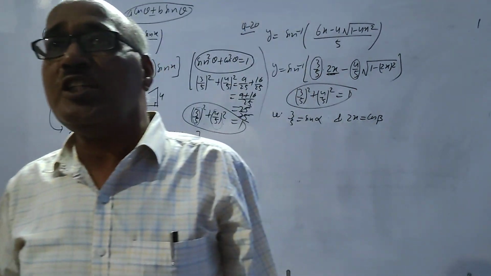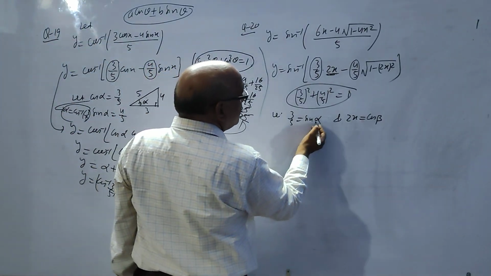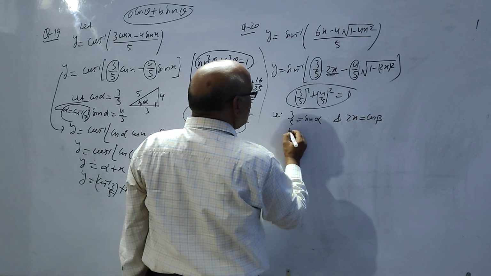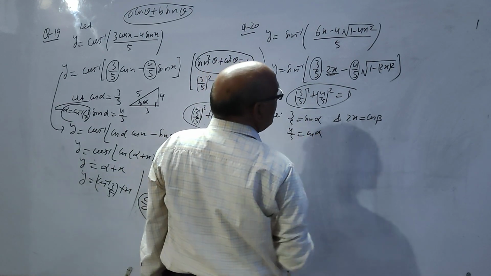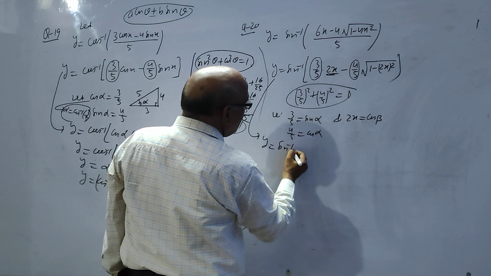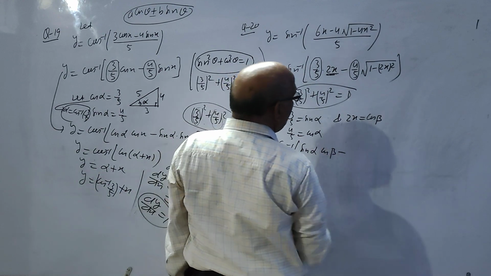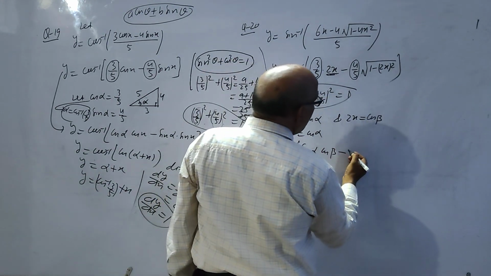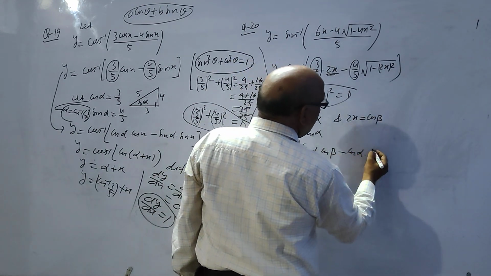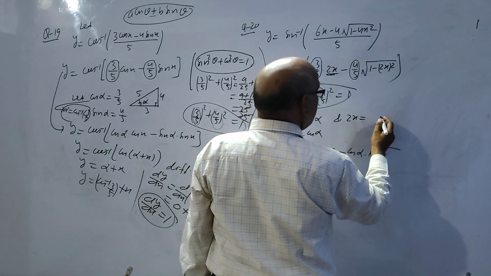You know sin(a minus b) is equal to sin a cos b minus cos a sin b, so that is what, sin alpha is equal to 3 by 5, so what will be the cos alpha, this is equal to 4 by 5, that is equal to cos alpha, put these values here, y is equal to, that is sin inverse, this is what, sin alpha into cos beta minus, this is equal to 4 by 5, 4 by 5 means what, that is cos alpha into, that is under root 1 minus, this is cos beta के प्लेस पर क्या लिखेंगे, this is what,